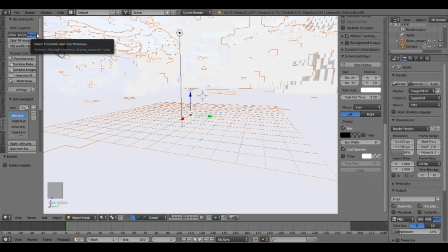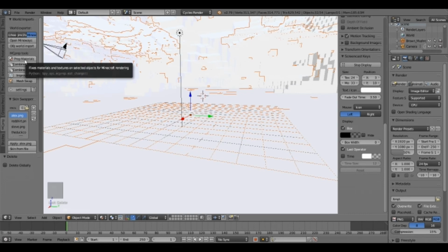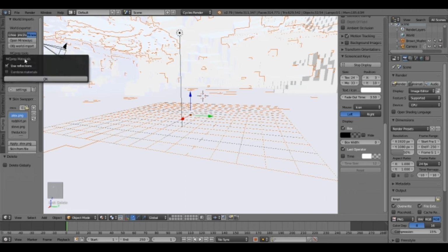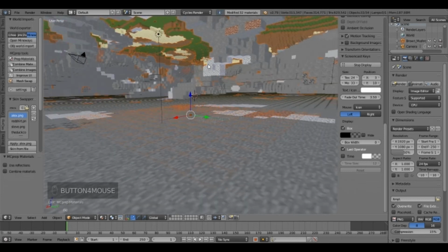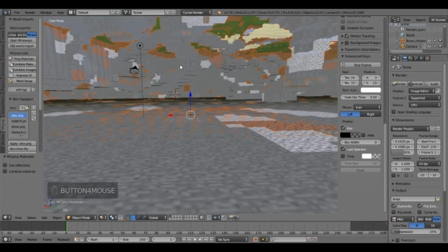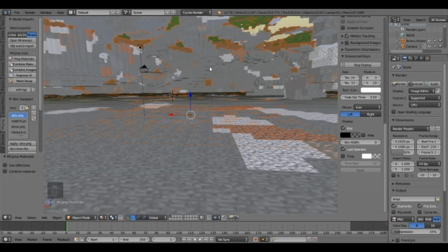And that's the program that we used in order to import it. Let's see, are we going to click on Prep Materials? This will allow the materials that imported along with our export from the world to apply to each block correctly. So Prep Materials, and we don't need to use reflections because we don't have any worlds. Combine materials, not sure what that is, just going to deselect it anyways. Hit OK, and we now have all the materials prepped, and as you can see, we are really under the